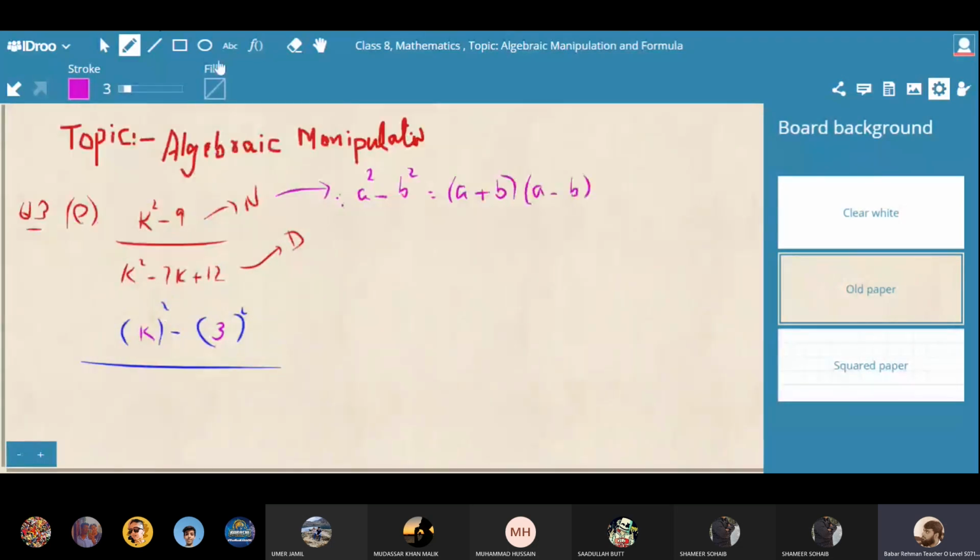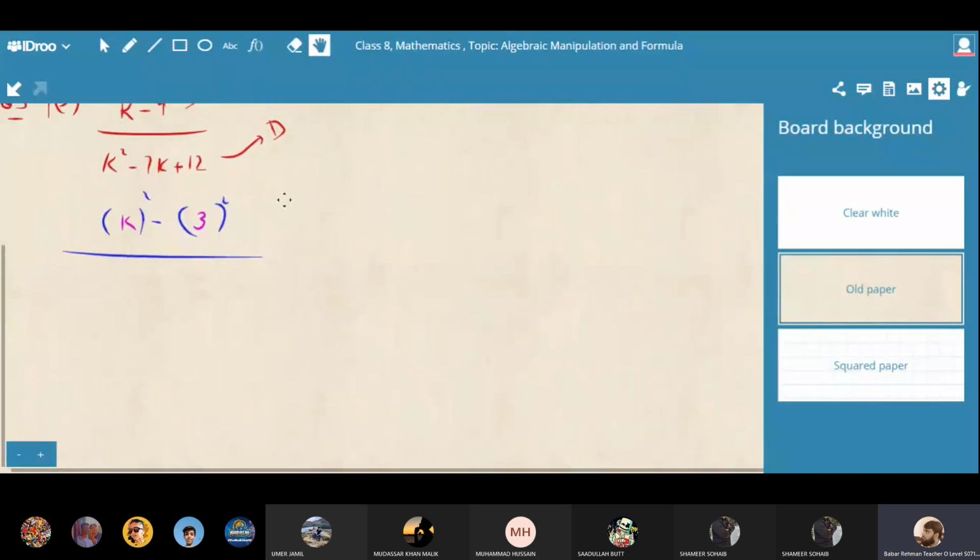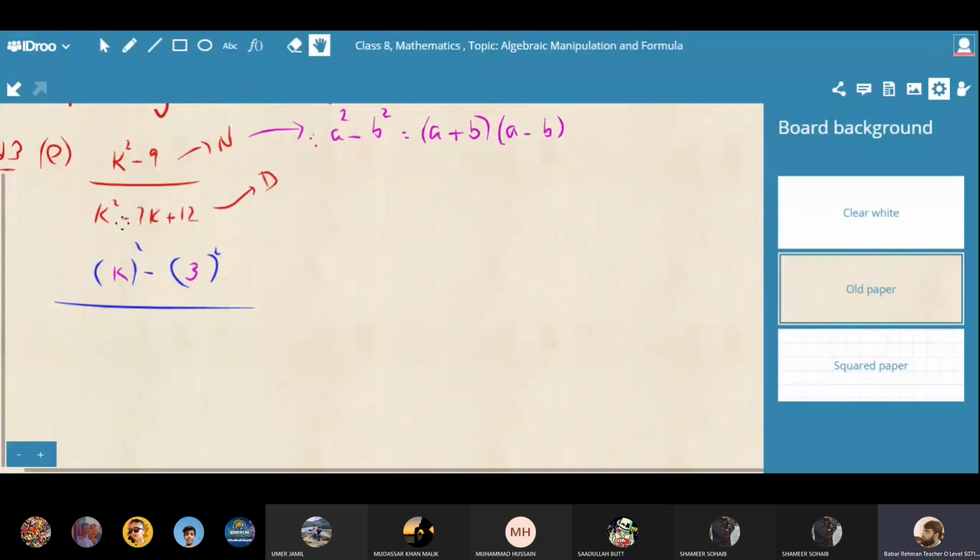What about the breaking of the middle term? This is a positive sign with the last number, so you have to multiply two numbers. Okay, student. First I used to tell this technique in on-site classes, but now it is very beneficial for you that I am revealing such techniques online, and these will be uploaded on YouTube as well. So you can see all these techniques.